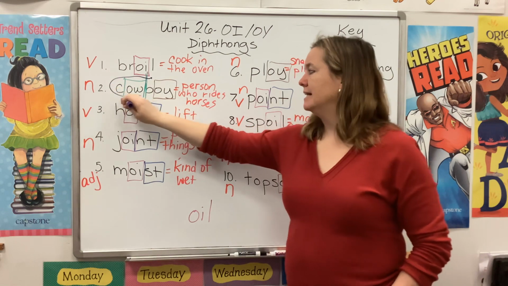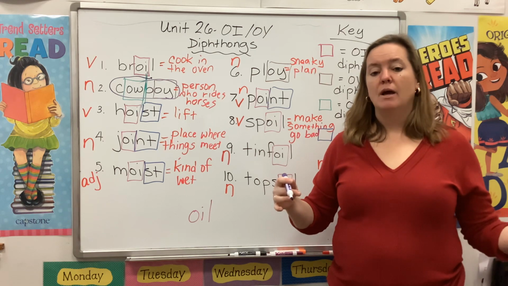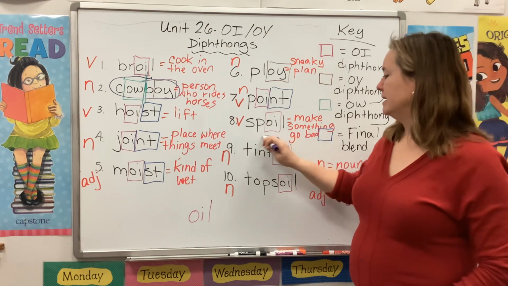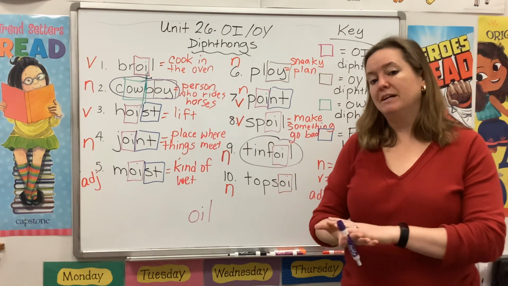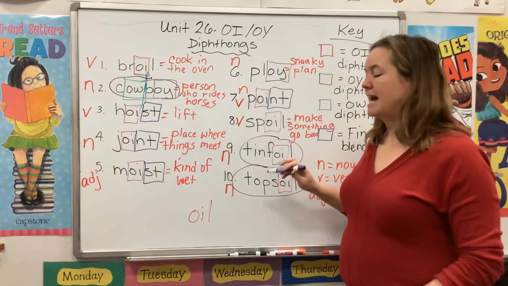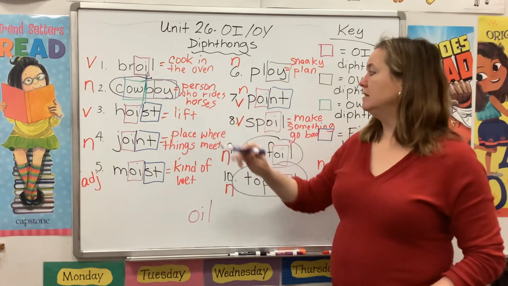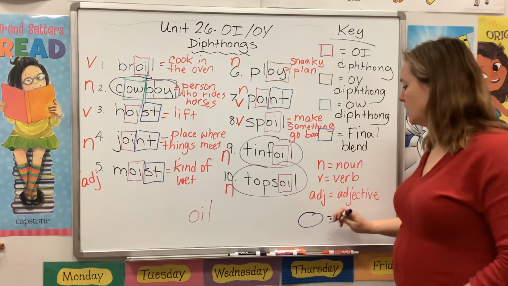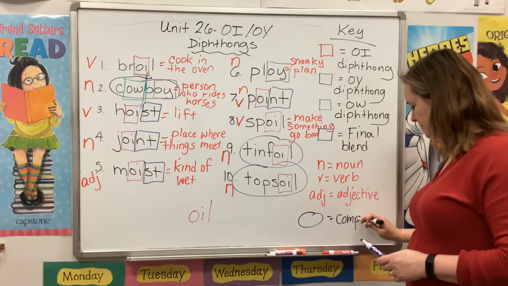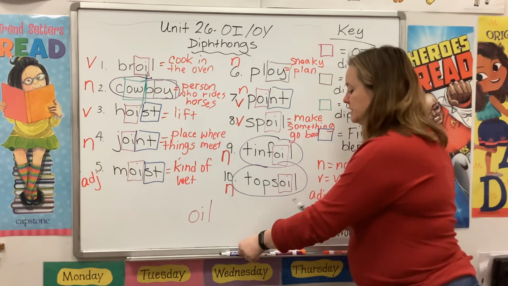We have the word cowboy. A cowboy could be a boy who takes care of cows, but we use that word even for men who take care of cows. Okay, so that's a compound word. Tin foil. That's a foil sheet that's been made out of tin. Topsoil. That's a type of soil that you find on the top, on the surface. Okay, so all of these words that I circled are compound words. You're going to see more of them